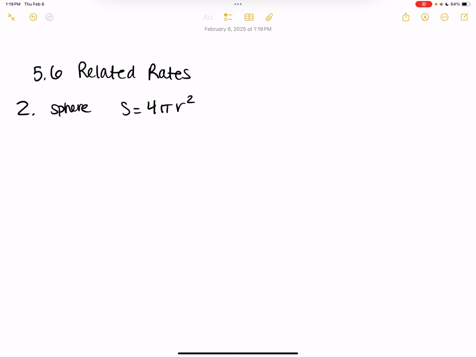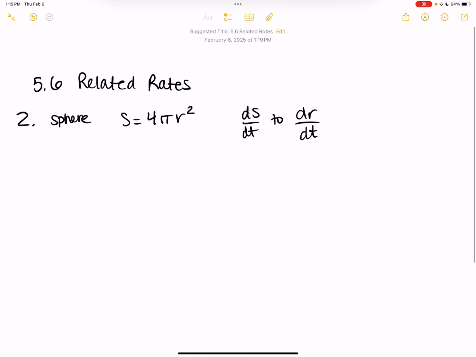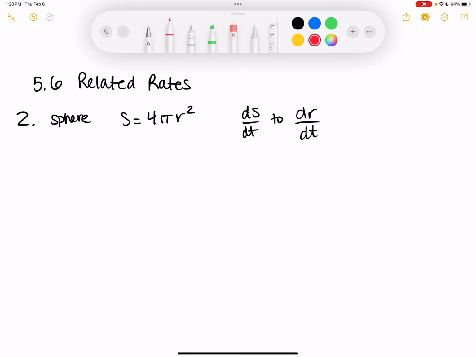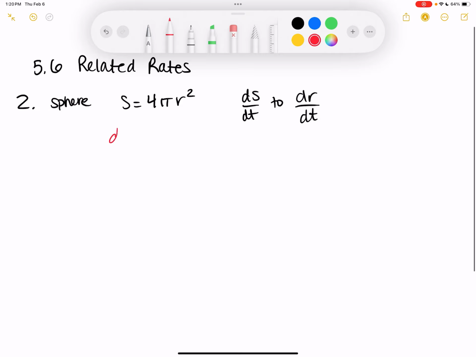Write an equation that relates ds dt to dr dt. AKA take the derivative. So what's the derivative of this with respect to t? ds over dt, just call it ds dt. I'm trying to write it out as I'm saying it faster. 8 pi r, derivative